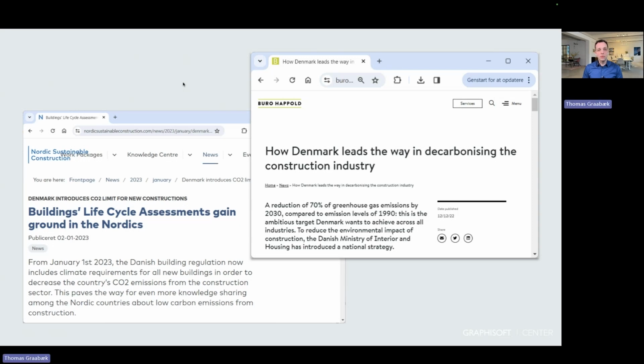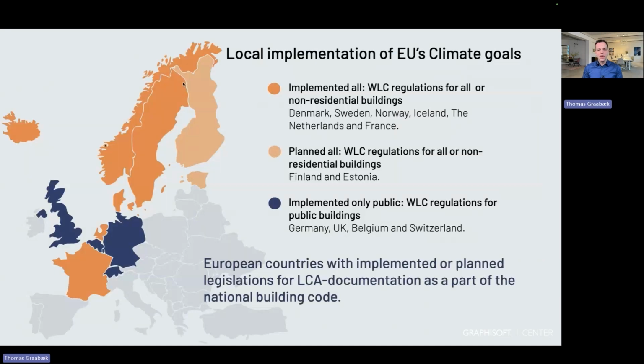So we have to do LCA calculation on all Danish projects. And Denmark is not alone in this. There's a lot of European countries that already have legislation. Some of it is only on public projects.